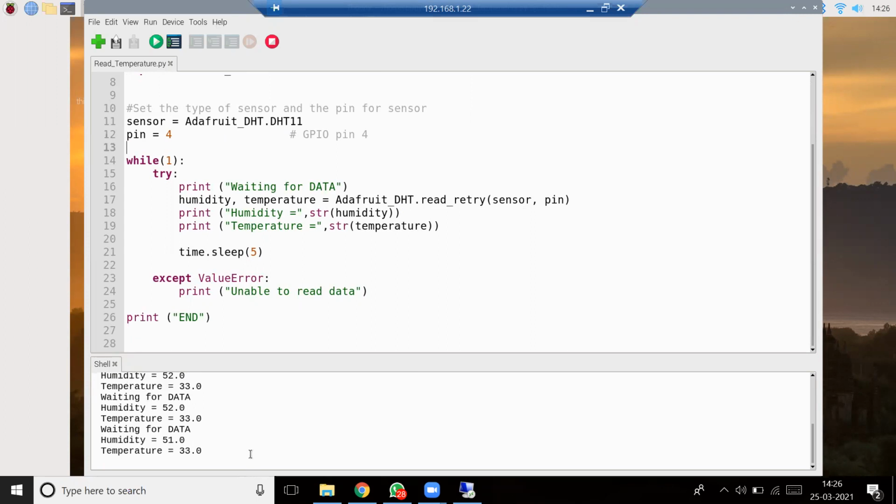Now the first part of your implementation is over. We have communicated with the sensor and we are getting the values, temperature and humidity. The next phase is we have to store this temperature and humidity in the ThingSpeak cloud. That is the second phase, right? I will stop this program.